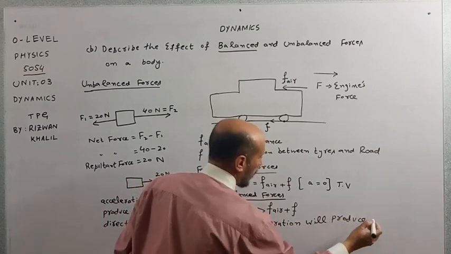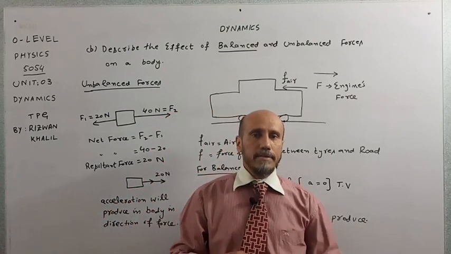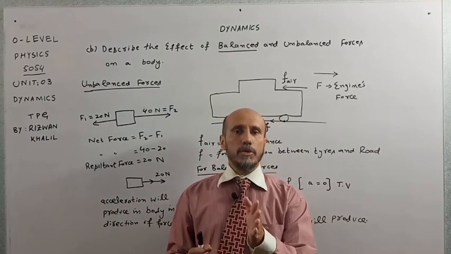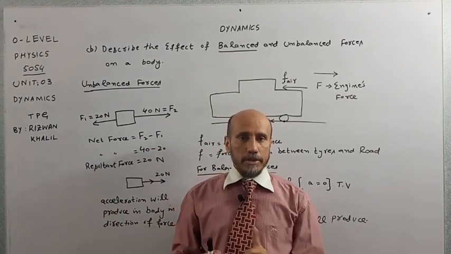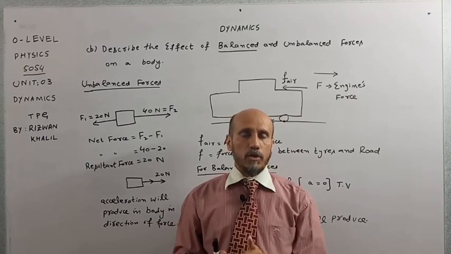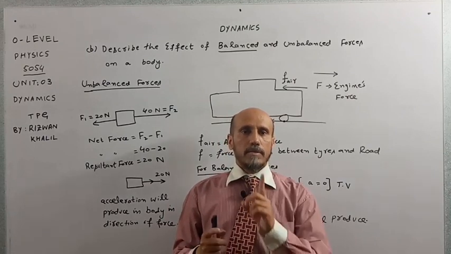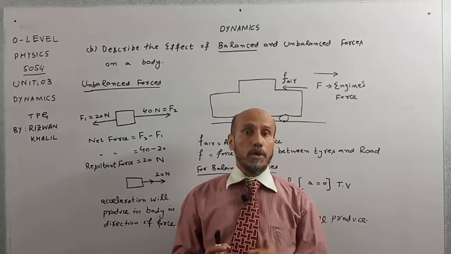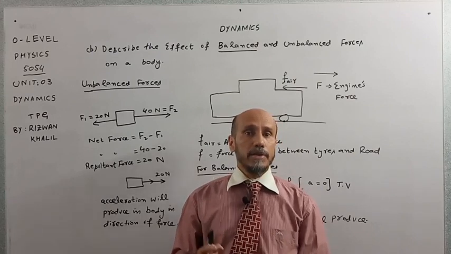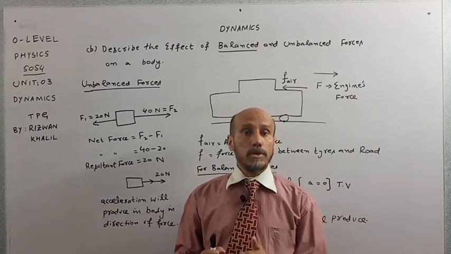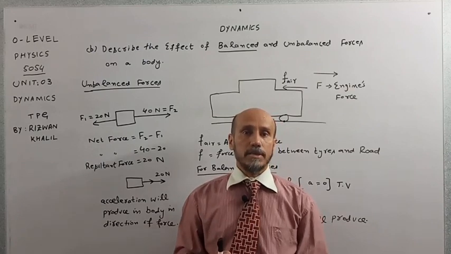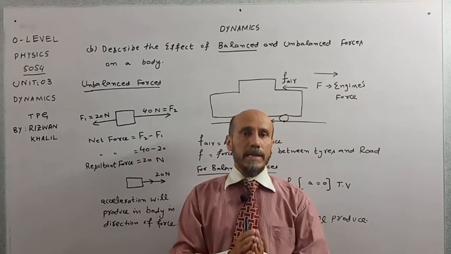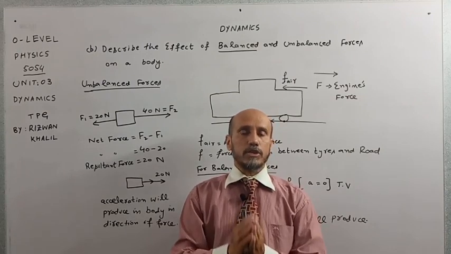So in this way we have studied the difference between balanced and unbalanced forces. I am just going to review it: in balanced forces, no resultant force, no net force is acting on the body. The body will be in the state of rest or equilibrium, or if the body is moving, then it will move with terminal velocity or uniform velocity, and acceleration will be equal to 0. For unbalanced forces, there will definitely be a net force or resultant force or total force acting on the body, and acceleration will be produced in the direction of force.